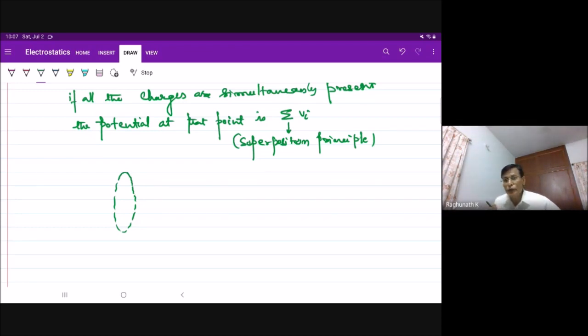There will be an agent to remove the charge or add. Suppose electrons are removed from this to make it a positive charge. Those removed electrons, if they are added to another conductor,